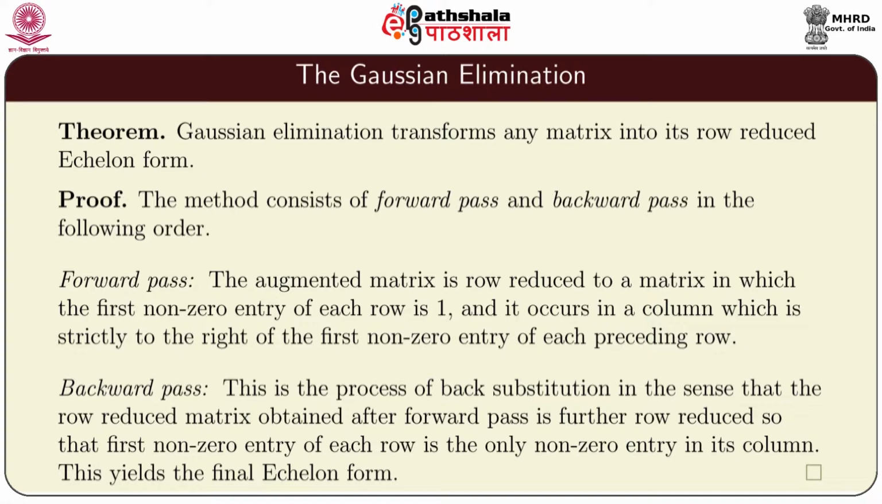What is that supposed to mean? After forward pass, we only achieved this much, that the first non-zero entry was 1 and the first entry occurs on a column which is special in the sense that in the next row the first non-zero entry occurs on a column which is strictly to the right of the first non-zero entry of each preceding row. But through backward pass, what we achieve is that we can make all other entries of that particular column 0, and then the final outcome is what is called the row reduced echelon